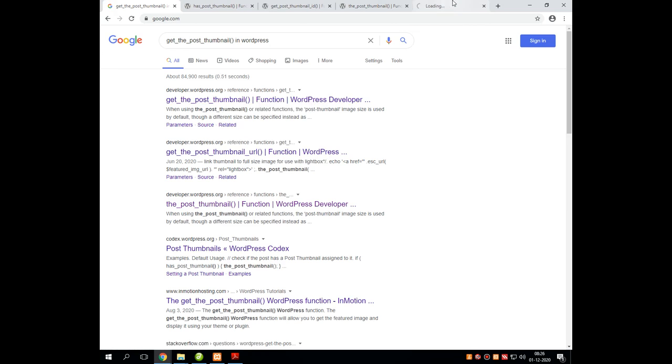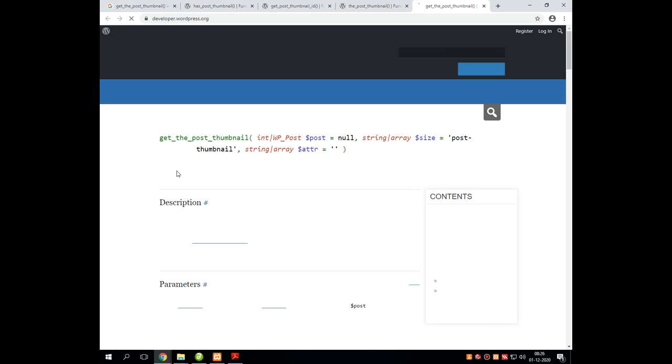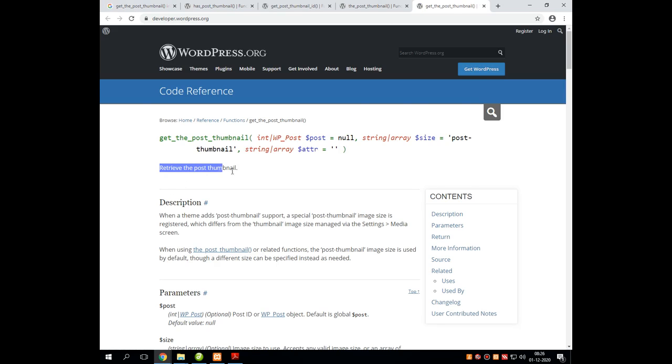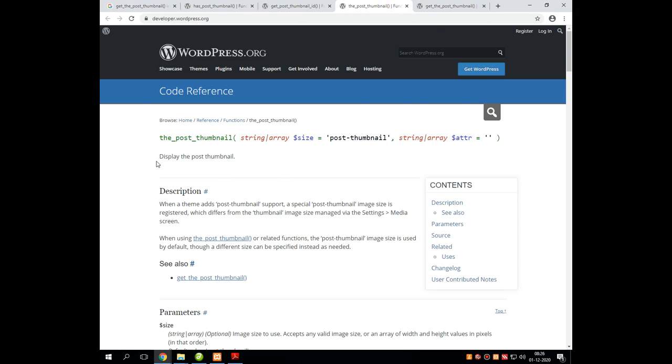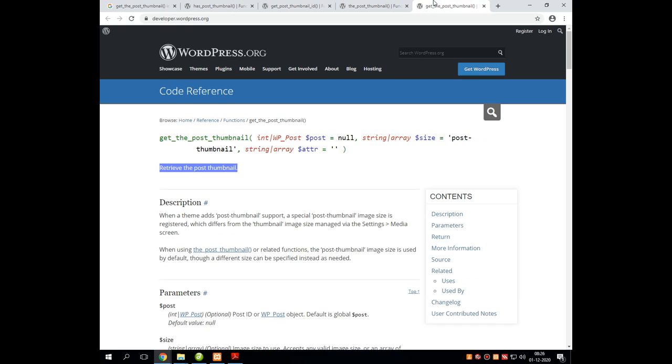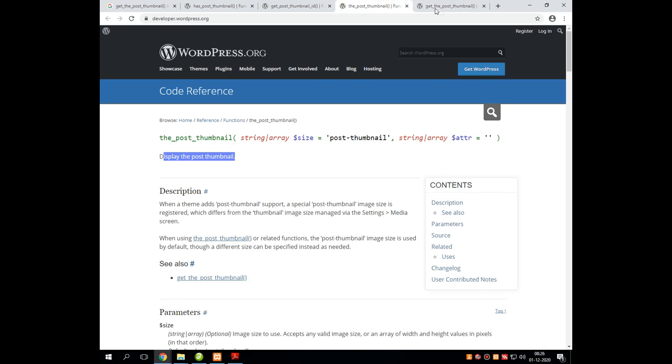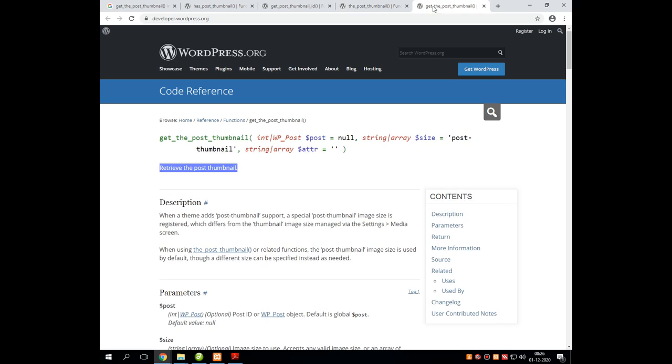Let's see. One retrieves the post thumbnail, and this one also displays the post thumbnail. The functionality of both of these functions is almost the same, which is used to display the particular thumbnail from the post onto the screen in WordPress.